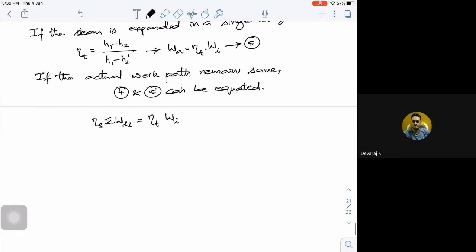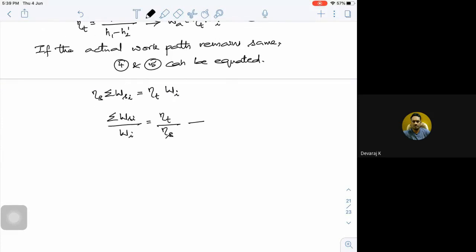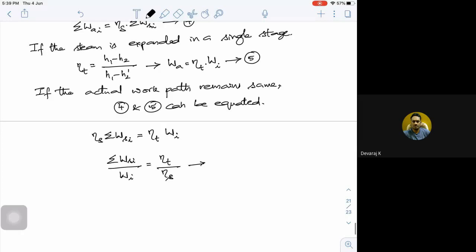Or I can take the ratio of the total isentropic work done to a single stage isentropic work done is equal to your total efficiency divided by your stage efficiency. So for the same work done, so if I call this some equation 6,